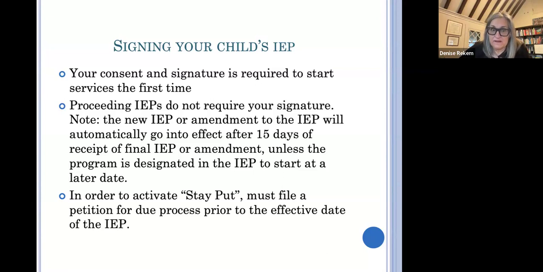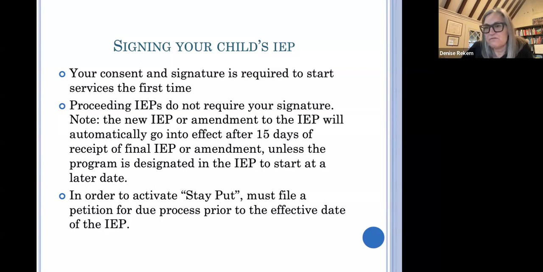So let's say you're in the middle of the year and they give you this notice that they want to move your child out of the general education, from in-class resource to a pull-out replacement class, and you disagree. Okay. And they're giving you that notice in the middle of the year and they want to start that. They have to give you 15 days notice. They have to give you that notice in order to consider it and to act if you disagree.